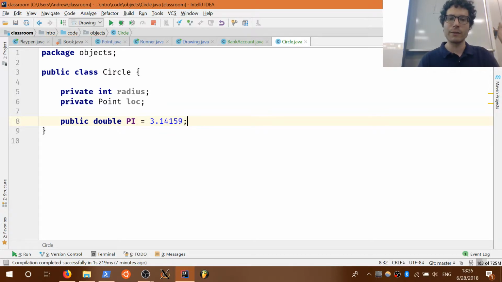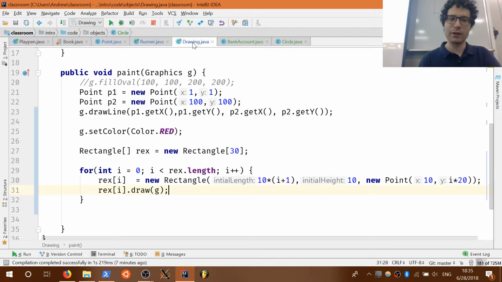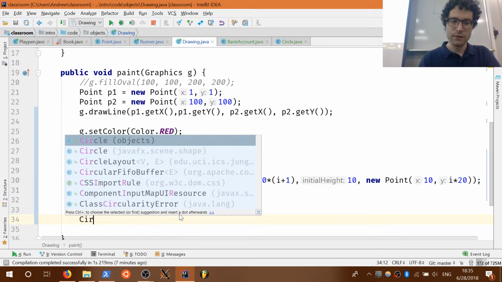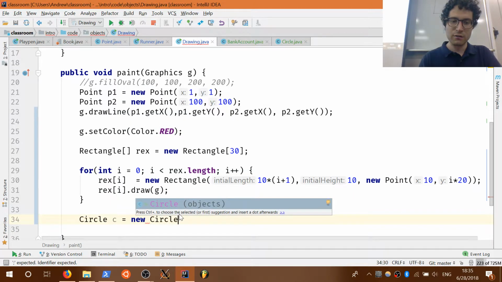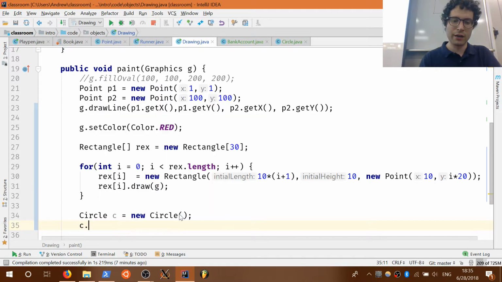Okay, and that's close enough for me. The issue though is if we leave it like this, I can go into drawing over here. You don't need to type this down, but I could type Circle c is equal to a new circle, right? I can create a new circle, and then I could go pi is equal to 3,